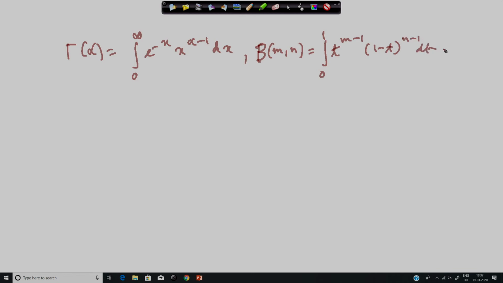So, we have to establish for what values of alpha and for what values of m and n the integrals are convergent. It is obvious that when alpha is greater than or equal to 1, this integral is always improper. So, gamma alpha is always improper,